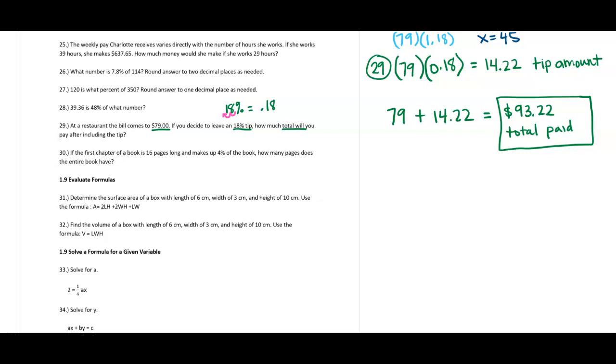And then when I do the 0.18, I get the 14.22. So this just combines it all together in one. So try that on your calculator and you'll see 79 times 1.18 will get you right to that answer of